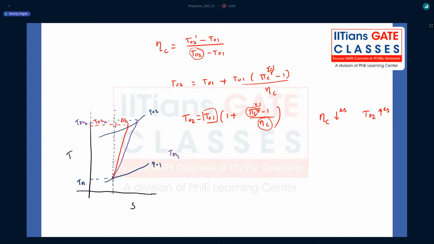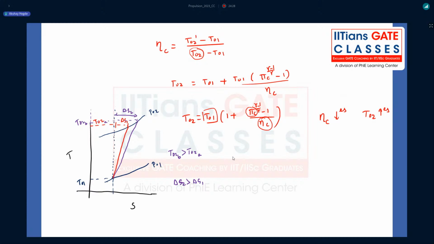Though T02 sub B is greater than T02 sub A, by doing so, what actually happened? My entropy of the system increased further. That means delta S2 is greater than delta S1. That is the indication of decreasing compressor efficiency, right? So compressor efficiency quantifies how much you are deviating from the ideal work, that is isentropic work,